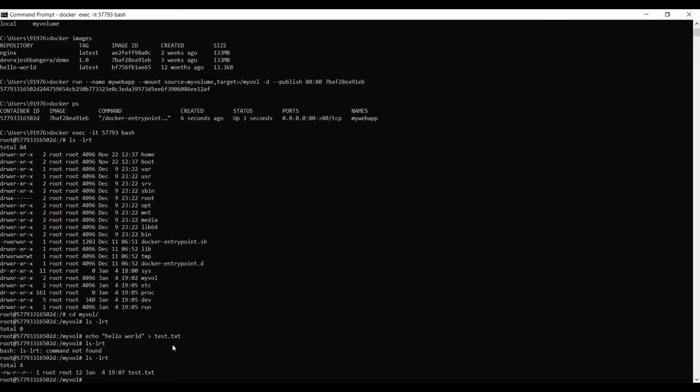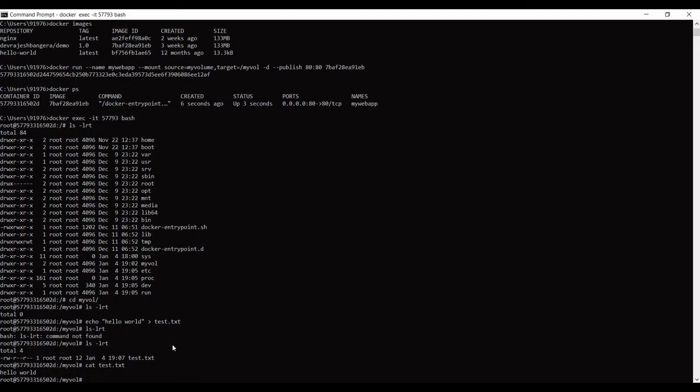So I have a file created with the name test.txt. Let's view this file, and the content of the file is hello world. Now I will exit this container.